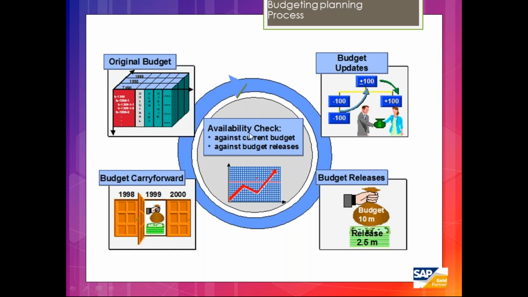Then we have a functionality called availability control check. Okay, so in this, if 80% of my budget was consumed, the system will give me one warning message. If 90% of the budget was consumed, the system will give me a warning with mail. If 100% of the budget is consumed, then the system will hard stop me. Like you do not have any further budget on this particular WBS or project, so you cannot proceed further. This is called availability control check.